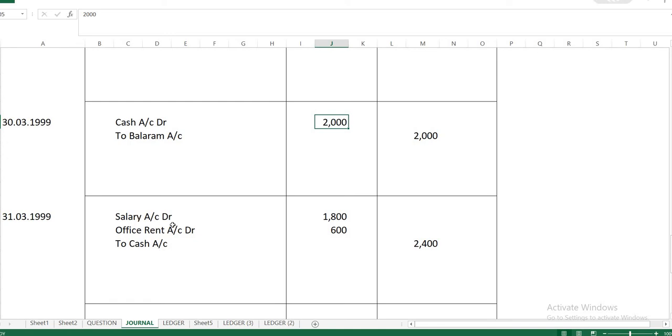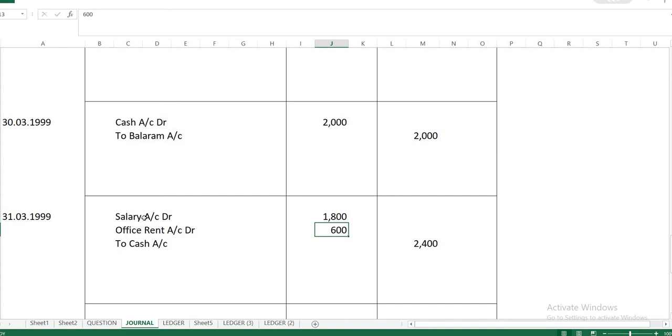Okay, so salary account la போடும்போது to cash account 1800 rupees only I have to give. Salary account we have opened, in that debit side la to cash account we have to give with rupees 1800 only. Office rent account you have to open, in the debit side to cash account you have to put, and you have to give only 600 rupees. Cash account you have to prepare, already we have prepared. In that cash account, buy salary account, buy office rent account na credit side la 1800, 600 தனித்தனியாக காமிக்கணும்.